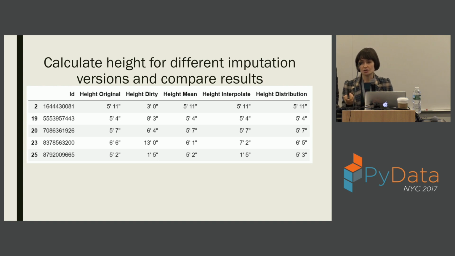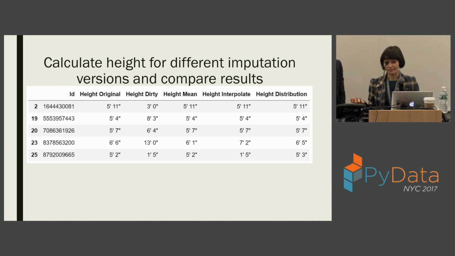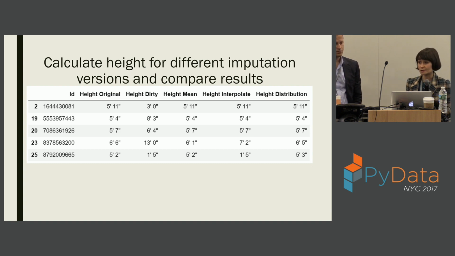But the imputation that you choose really depends on the cause of why you're having the null values, why you're having the outliers. So asking those whys with your data set is very important, and it really varies case to case, but this is something that you should ask when you do any analysis. This is before modeling, but it's so crucial to the results that your model can possibly obtain.